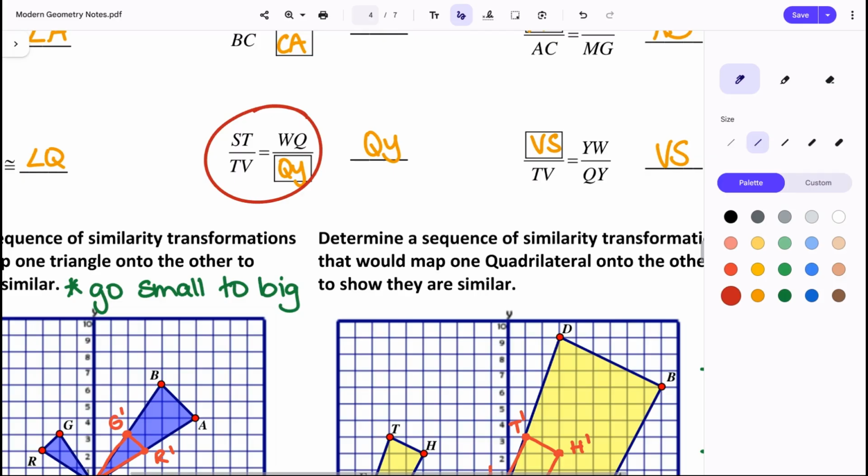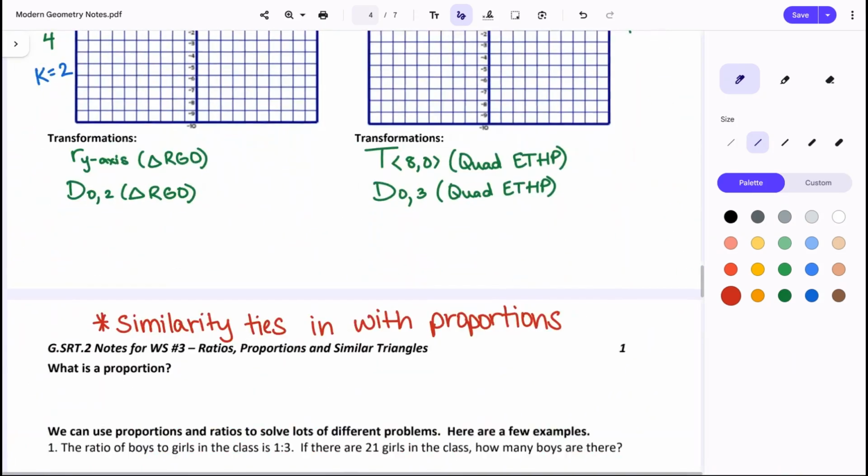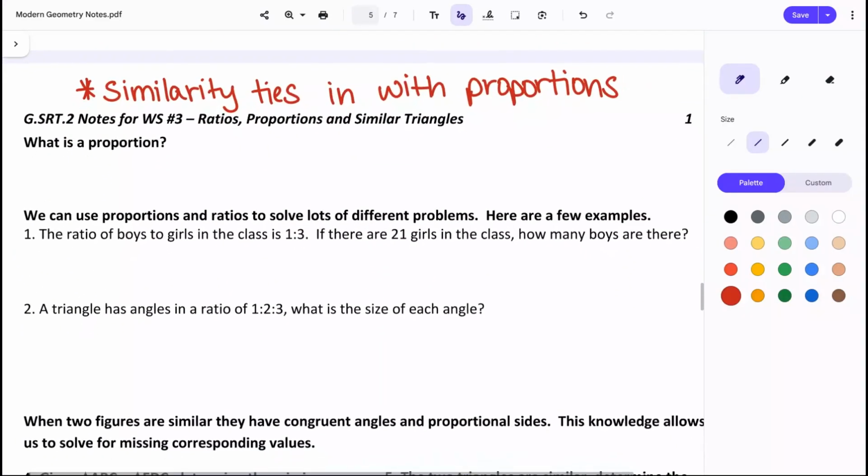Now, when you did these in the past, you only had letters involved. Today, there's going to be numbers because they're going to start giving you measurements for your triangles, and then you're trying to solve for a missing measurement. But we're going to use the thinking that we did when we were trying to fill out what goes in the missing spot. We're going to use that similarity statement or information that we're given about the triangle to help me set up my proportion. But what a proportion is, is two ratios,